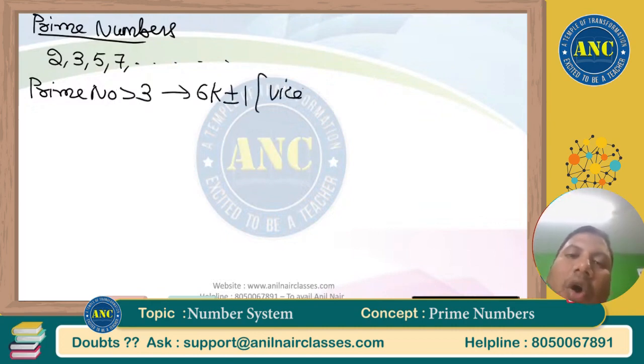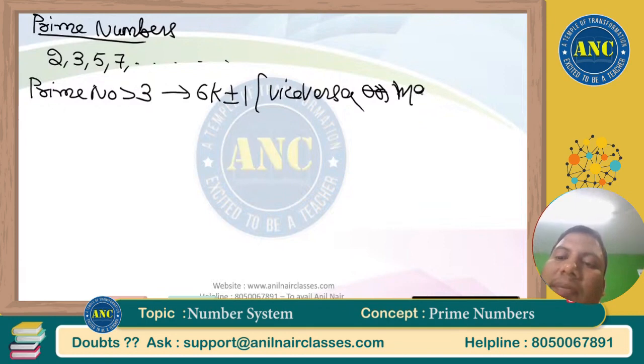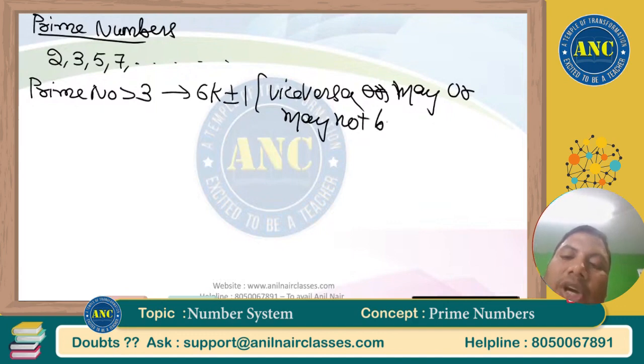Vice versa, all the natural numbers which are of the form 6k plus or minus 1 may or may not be prime. The reverse case may or may not be true. For example,